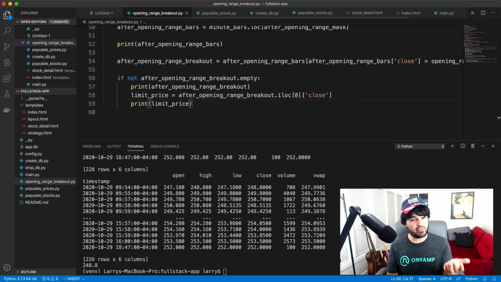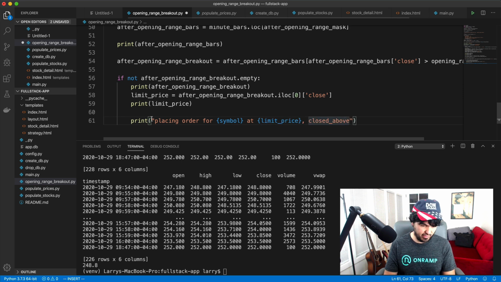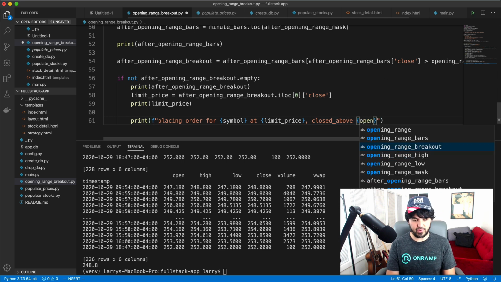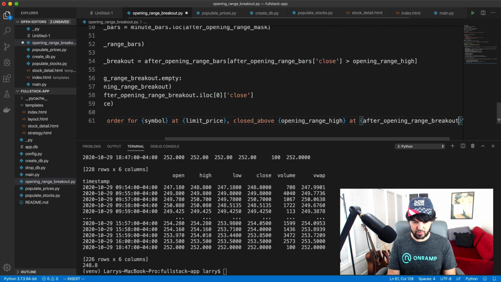So we have our limit price, and if we have that, let's go ahead and log this out so that we can show what we're doing. That way it'll appear in our logs, and we'll say placing order for symbol at limit price, and then closed above, and this needs to be an F string. I'll put an F in front of there. Closed above, and we'll say opening range high and at, and then we'll also log after opening range breakout